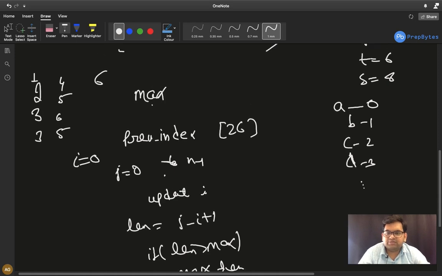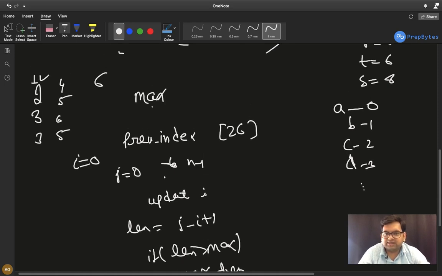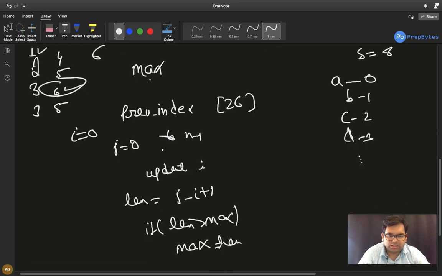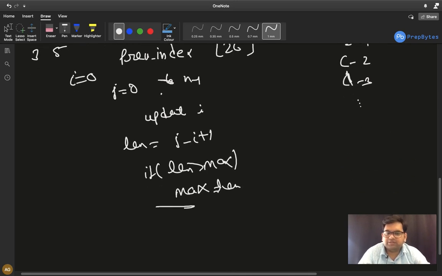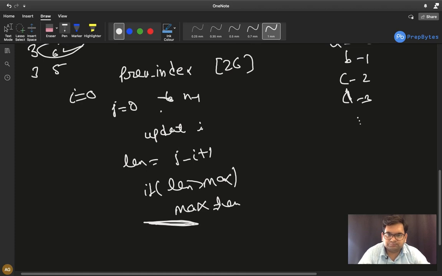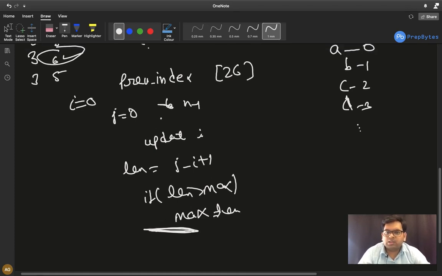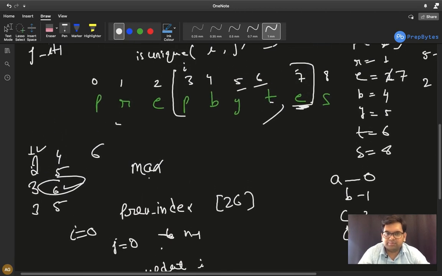So each and every time we will get one particular length, and if it is greater than the maximum, update the maximum. Here it will get updated at the end. That 6 will not get replaced, as there is nothing greater than 6. So finally we'll get the max as the output. Try to implement this on your own now, and then see the implementation.